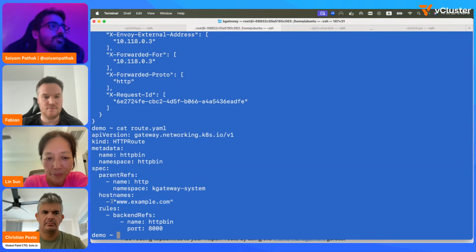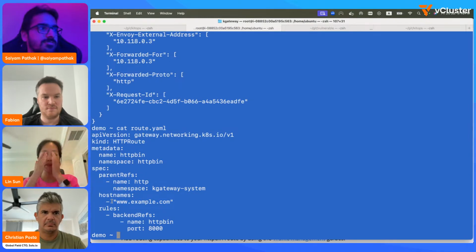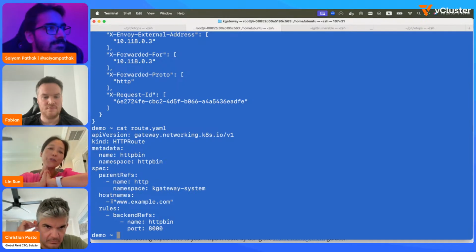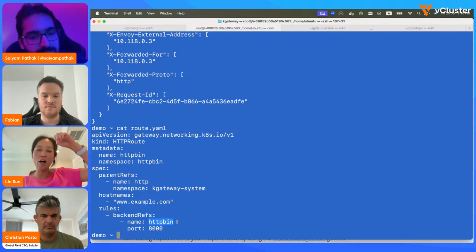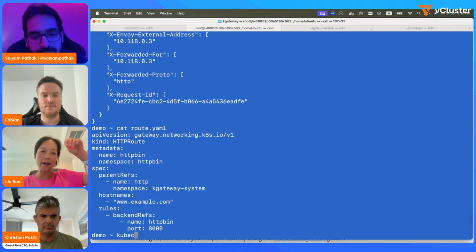So what's the flow that happens? How does the request flow in? Yeah, so the request goes to the HTTP bin Envoy proxy, which is running in the kgateway system, right?